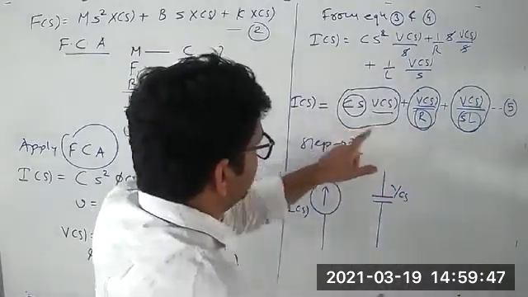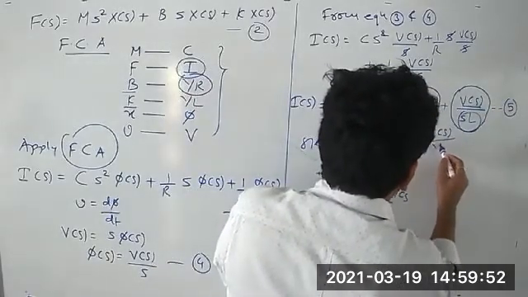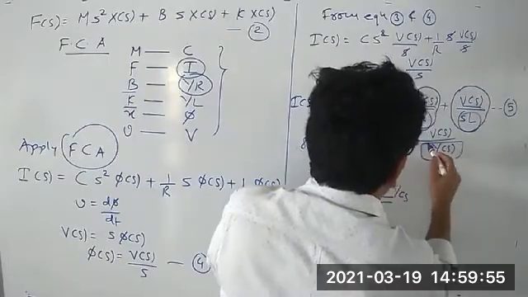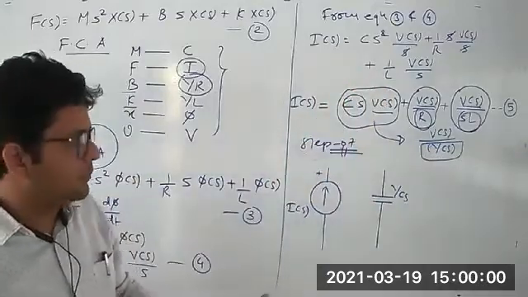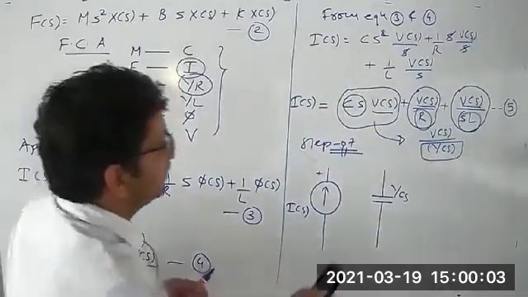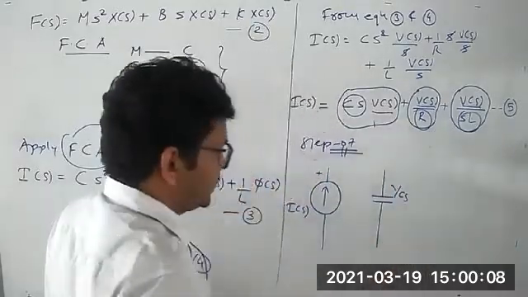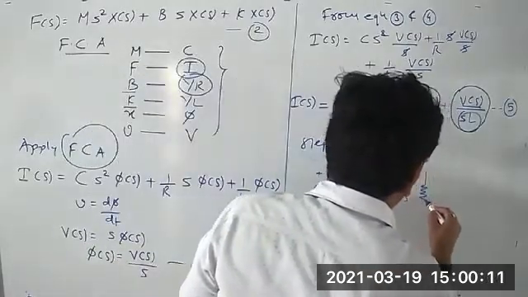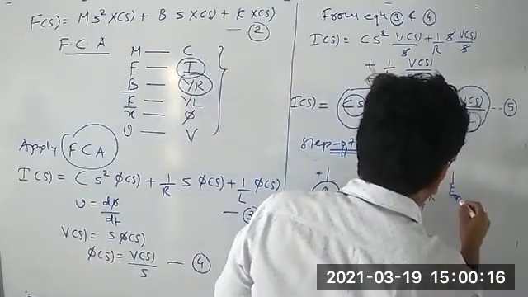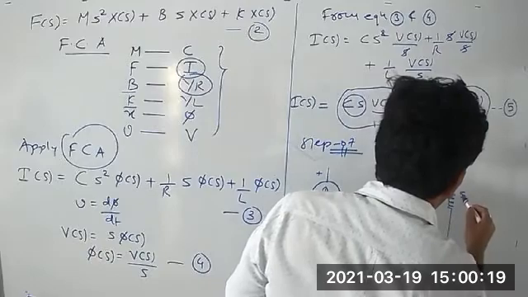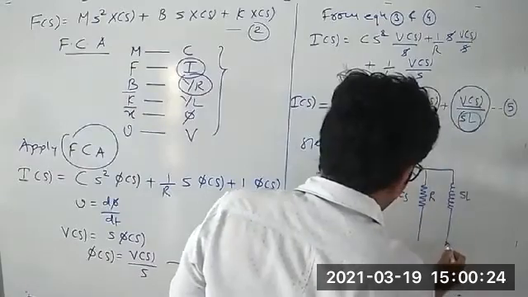Because if you solve this equation further, we can write this particular component as V of S divided by 1 upon Cs. So this 1 upon Cs indicates the capacitive reactance offered by that capacitor. If you apply that logic over here, the value of capacitive reactance is 1 upon Cs. Then here we need to indicate a resistor of value capital R, and here we need to indicate the inductive reactance of value S into L, and these components we need to connect in parallel